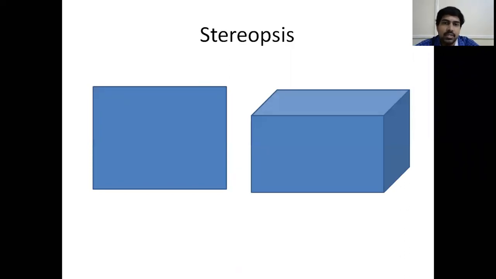So what is this 3 dimension? Suppose you are looking at an object, a rectangle, you are joining 4 lines here. This is 1 line, this is 1 line, this is 1 line, and this is 1 line. You are joining all these 4. What you are saying is, it is just a rectangle. If you draw it on a piece of paper, you see only a 2-dimensional object. Now suppose you draw it in a different way, or you see this object from a different angle. Suppose you think this is a box. If you are seeing the box from the front, you will be seeing only this 2-dimensional image. If you look at the box from the side angle, you'll be seeing a 3-dimensional image. So this is how it appears, just like a box.